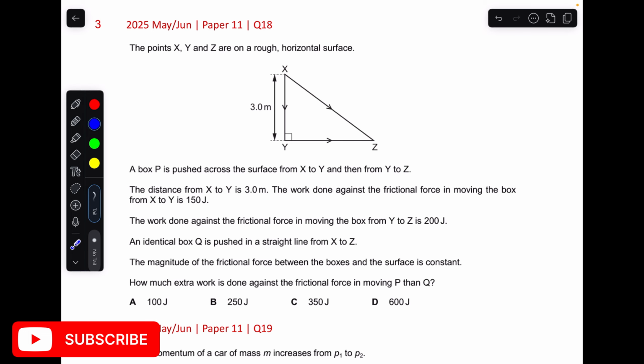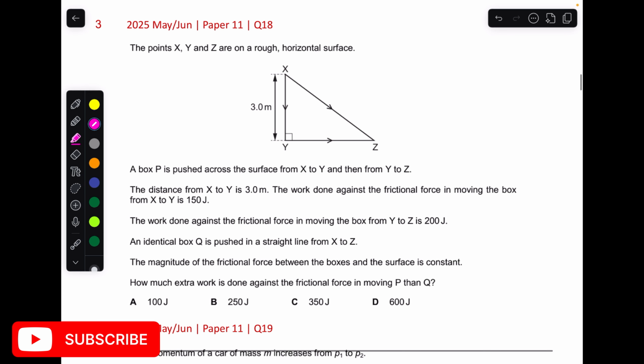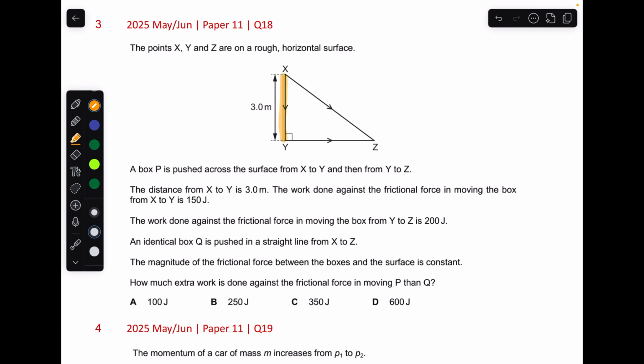Okay, so the box P is pushed across the surface from x to y and then from y to z. So P is moving, let's use this color for P, like this and then it will move there. Okay, this is the journey of P. And for the Q object,